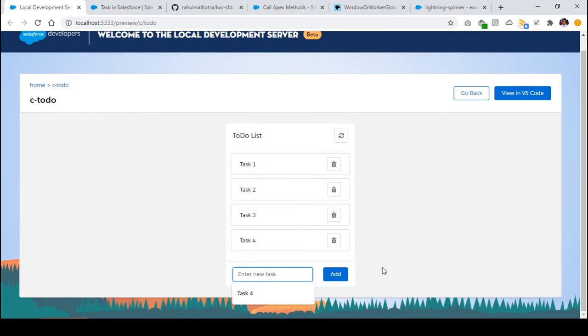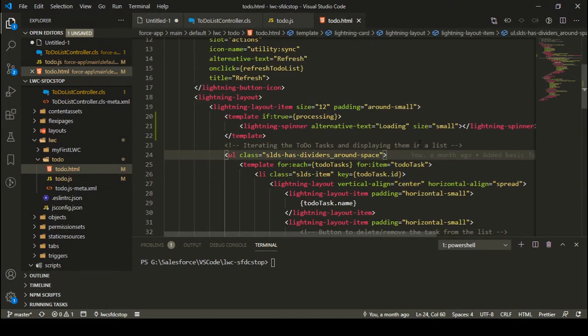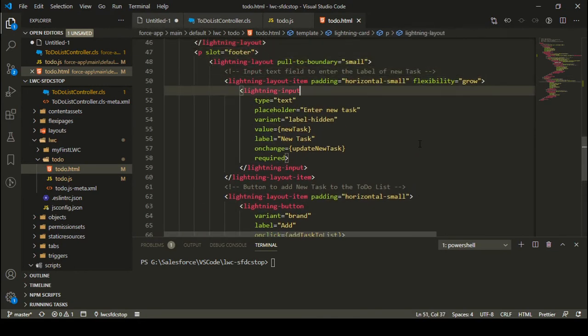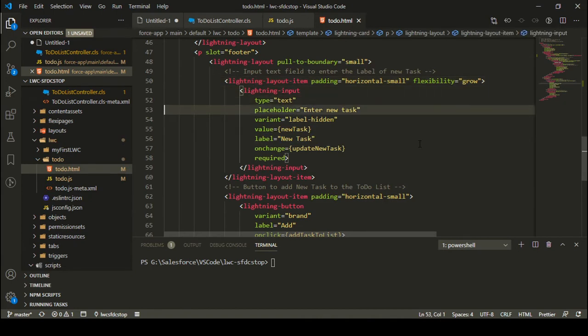So in case you want to remove this suggestion, you have another attribute that you can use. Let me go to the HTML, and I'm accepting the task name into this particular input field, right?